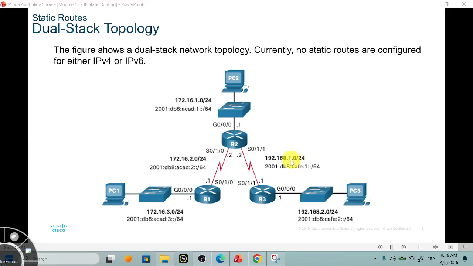Remember, this is a network address because 10, and this is also a second network, 20. So on the interface at the right hand side of R2 here, there are two